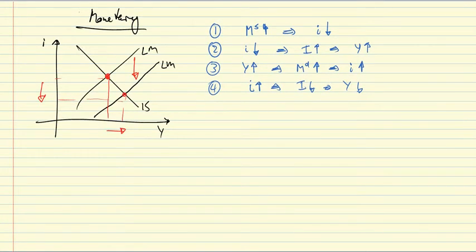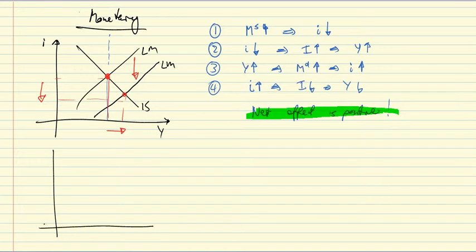As before, this process will net lead to an increase in output as long as the IS curve is not vertical. So as long as the IS curve is negatively sloped, the net effect is positive. So we have a net effect of monetary policy on output. In the two markets separately considered,